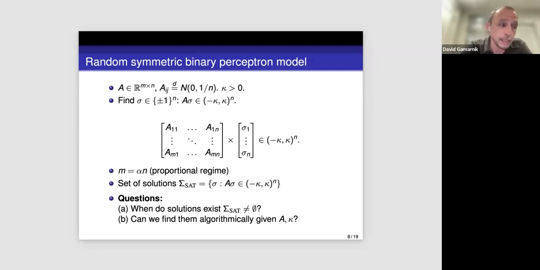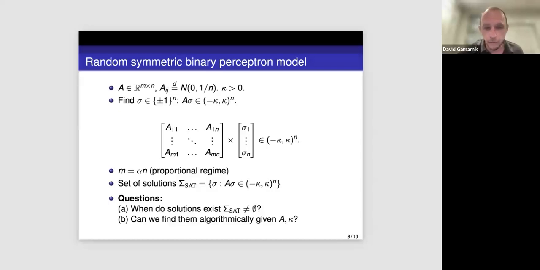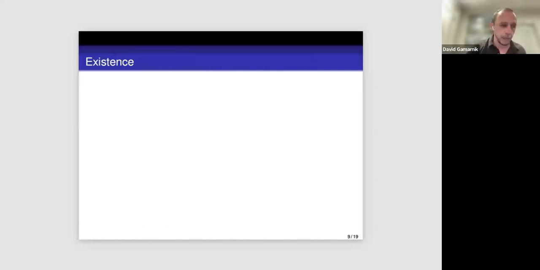And the second question, and that's the question that we will investigate primarily in this talk, is, if we can probabilistically guarantee that the solution set is not empty with high probability, can we actually find it by a fast, aka polynomial time, algorithm? And so that's the model, and these are the questions. Are there any questions from the audience about this? Should I clarify any of this? Let me know. Meanwhile, I will turn to the next page and tell you what we as a community know